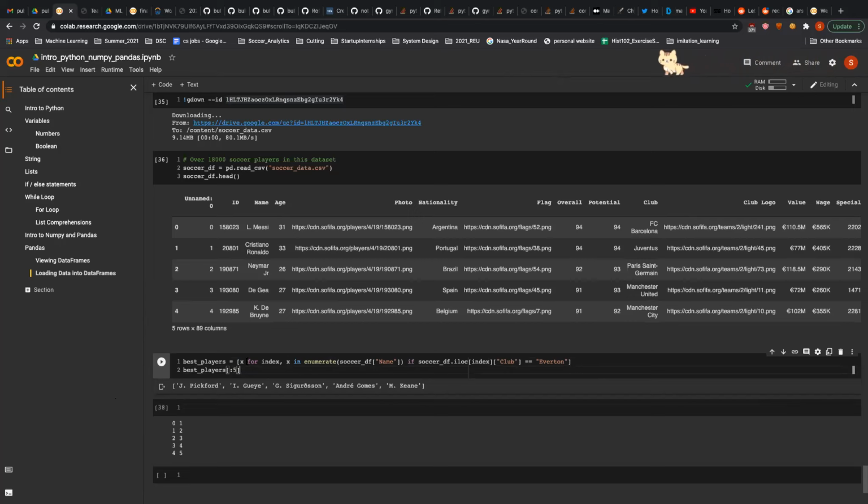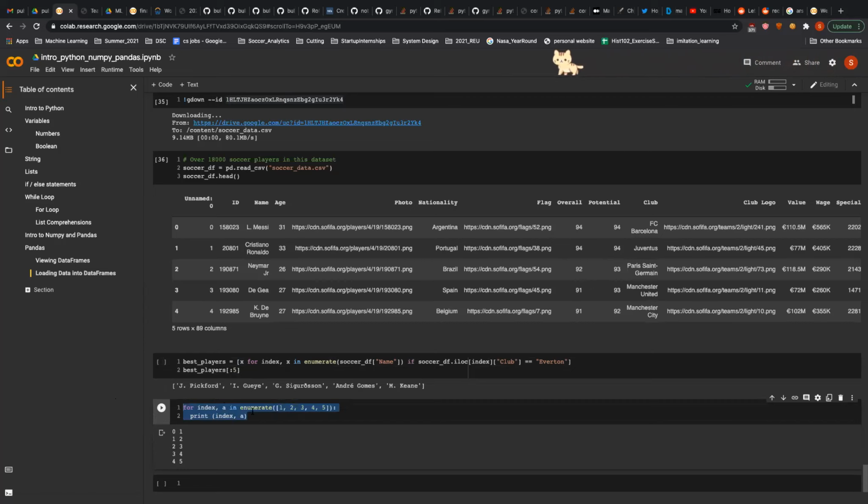There's another question. Does the best players array get the names of the players from the Everton club? I guess that's the question. Yes, exactly. That's exactly what it does. Good job. I don't have any prize for you, unfortunately, but knowledge is its own reward, I guess. Not really, but